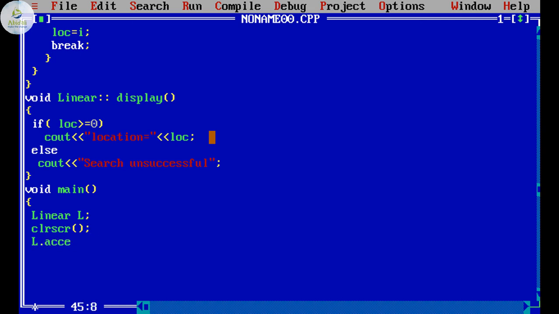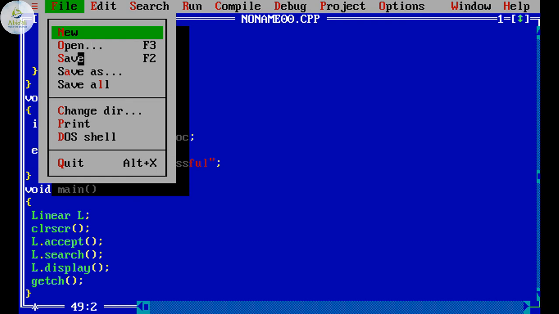The first function that we are calling is accept. The next function that we are calling is search. After that, the next function that we are going to call is display. Get ch. Finished.